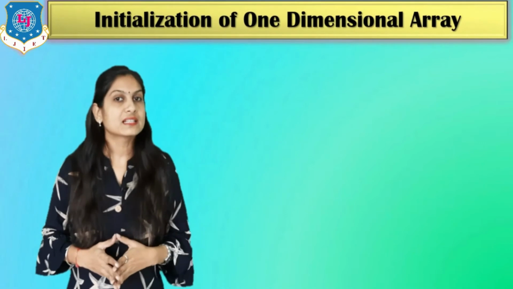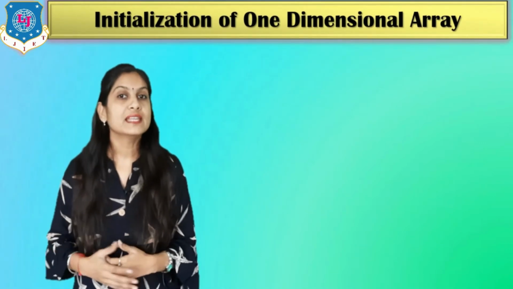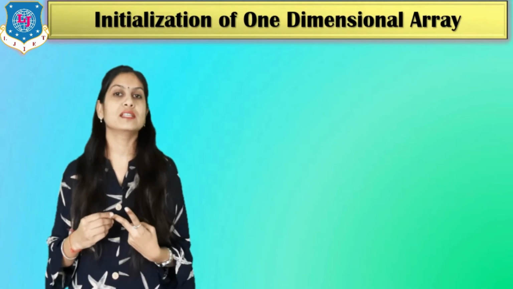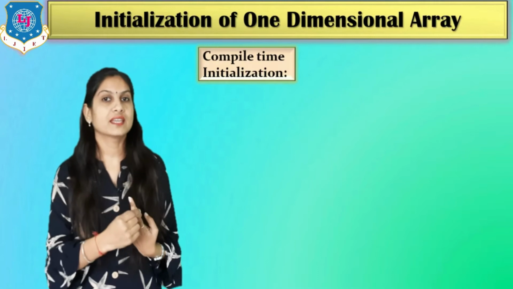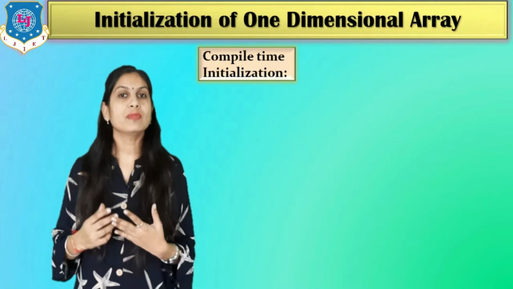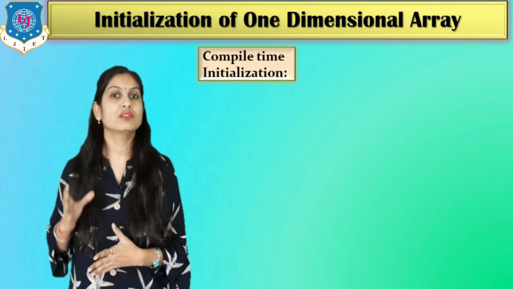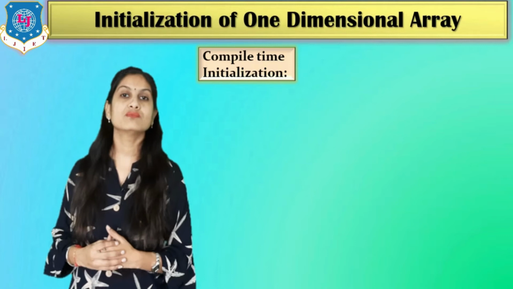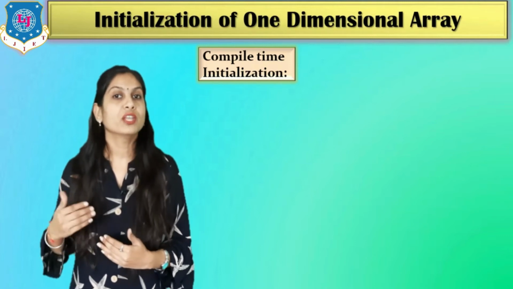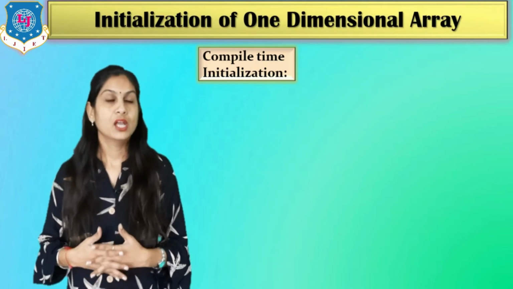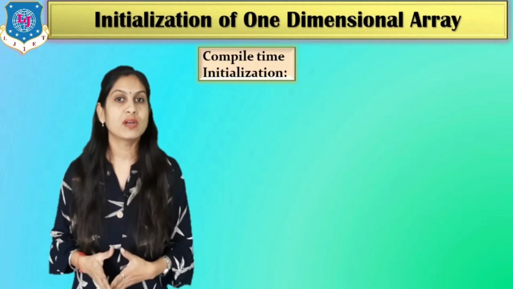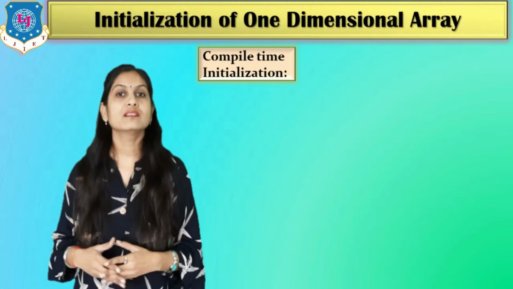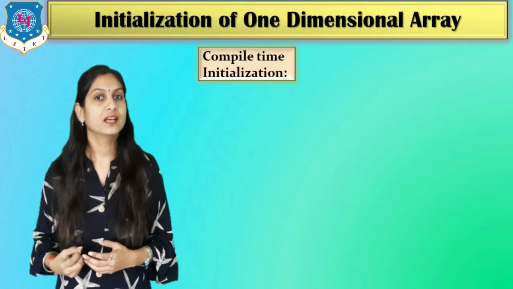Now move to the initialization part. How we can assign the value into our memory. So there are two different types of initialization. First is compile time and second is run time. Compile time means the fixed value we can assign to our array, that never changes during our program. But run time means what? The data will be given by the user and that will be dynamic. So compile time initialization uses the fixed value for our array. Whereas run time means we can assign data at run time.